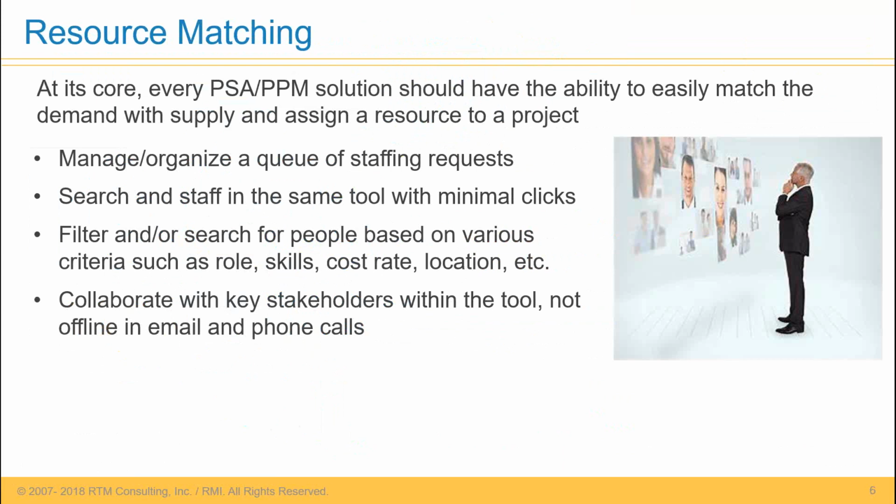So the first one on the list is resource matching, and at its core, this is just flat out table stakes. I should be able to take a request, search for a resource, and assign that resource. Pretty basic function. This is the most basic function that any PSA tool or PPM tool should support. Furthermore, you should be able to search and staff in the same tool. I know a lot of people out there who are not using a PSA or a PPM tool. They'll do the searching offline in a spreadsheet, and then they'll have to swivel chair back to their PSA or PPM tool